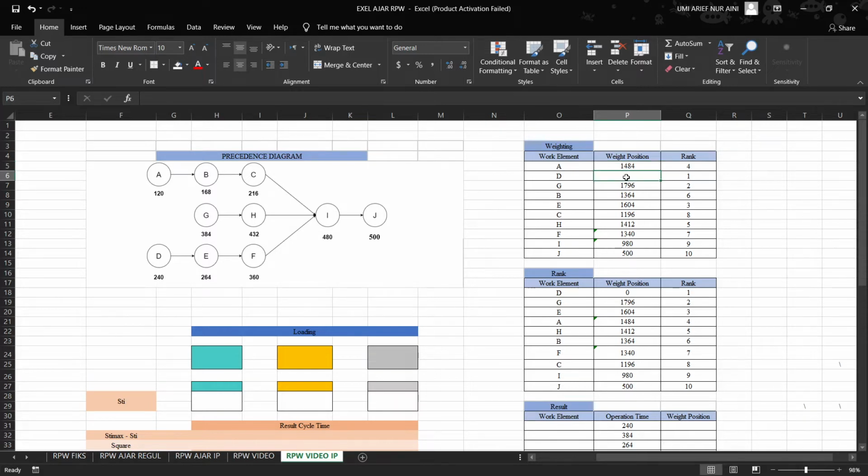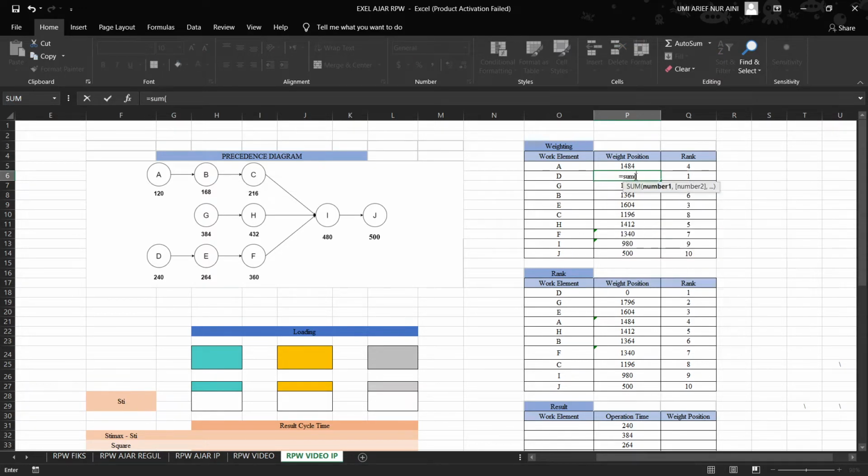So the result of the weight position for work element A is 1484. And then the second example is work element D. You can see in the precedence diagram that the process from work element D goes through work element E, work element F, work element I, and work element G. So the weight position for work element D is the total of the time from work element D until work element G. The formula is sum.